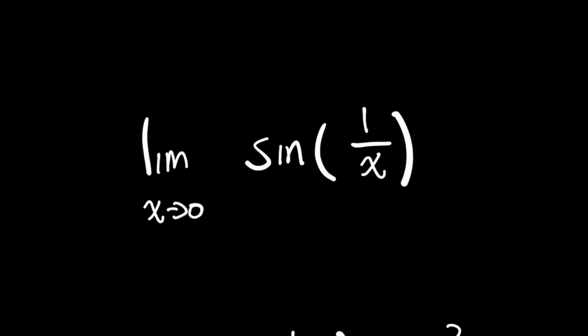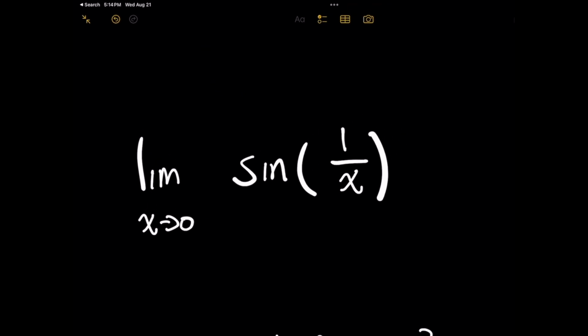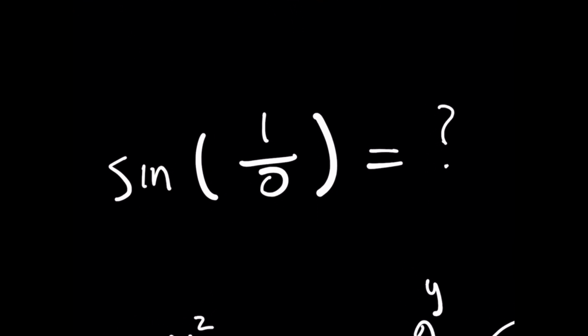I know how frustrating it can be when your teacher doesn't do a good job explaining this limit problem. They might give you the right answer, but for all the wrong reasons. The answer to this one is not what you think, so stick around so you understand it better like a ninja. So for this problem, the first approach would be to plug in 0 for x,